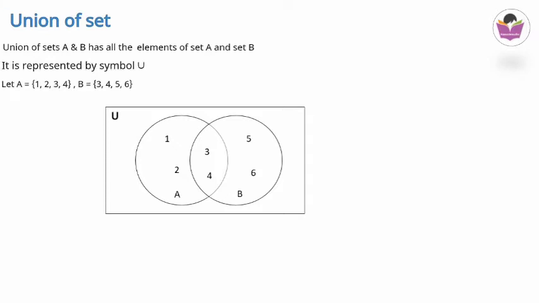Now we are discussing the union of set. Union of set means the elements which are together in both A and B. If you are shading, this is the portion representing set A and set B separately, and when we take them together, this shaded portion, meaning the entire circles, then we call it union of set.